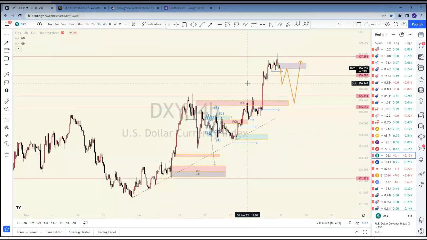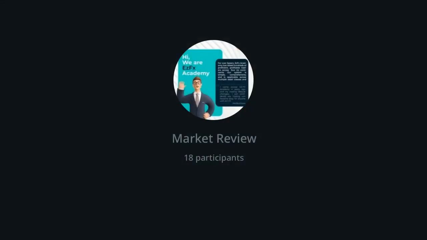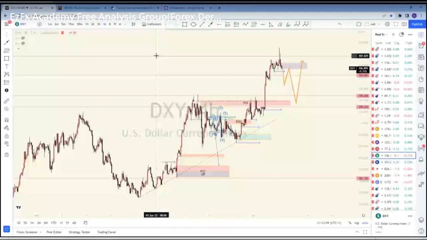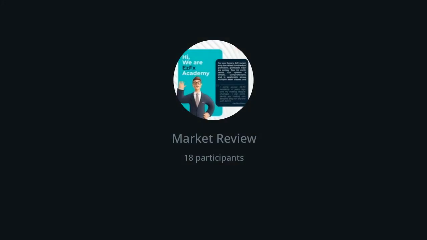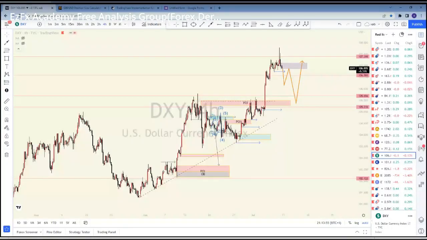Right about now we're trying to understand what to expect from the dollar. For me, the dollar is going to be a little bit bearish, and I think I talked about this already since last week, based on some of the movements that I saw on gold, some of the developments in the macroeconomics framework, Russia beginning to adopt the gold standard and a lot of other things going on in the fundamental realms.